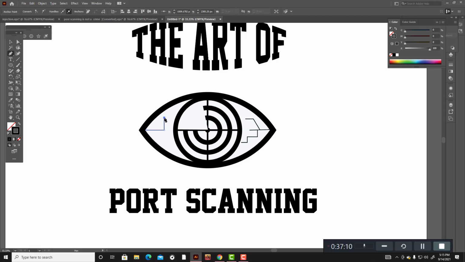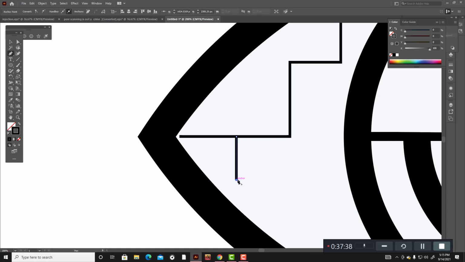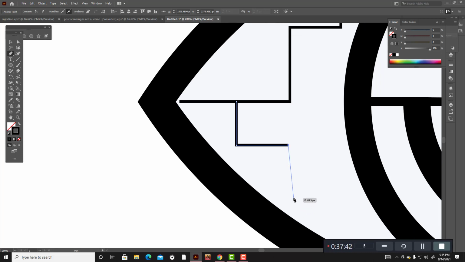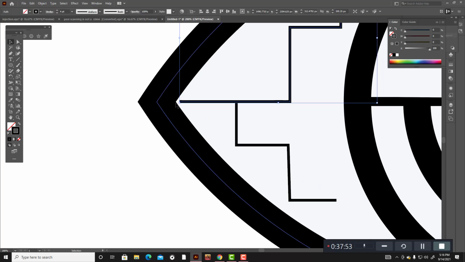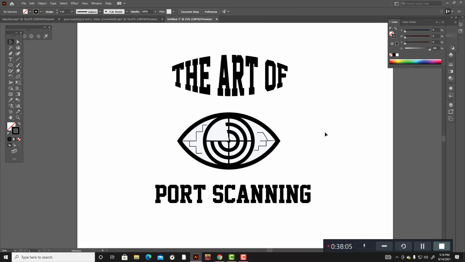And then holding Shift, see this thing, and with the help of the Direct Selection tool, do it like this. Okay, this is for the art of